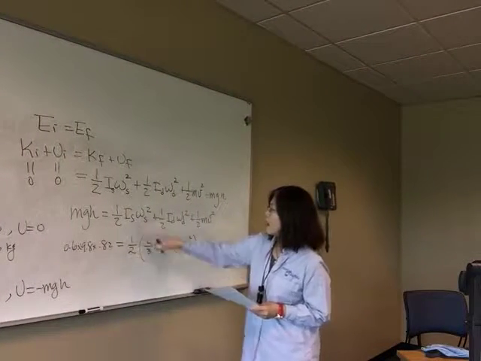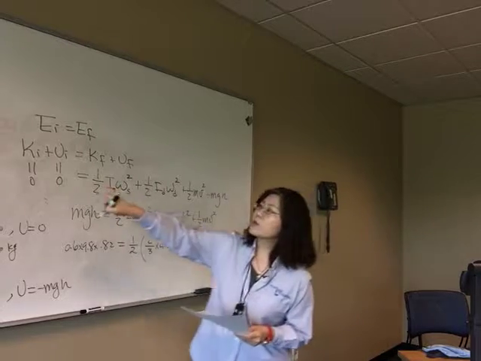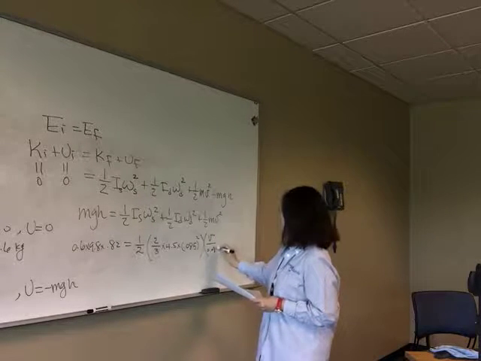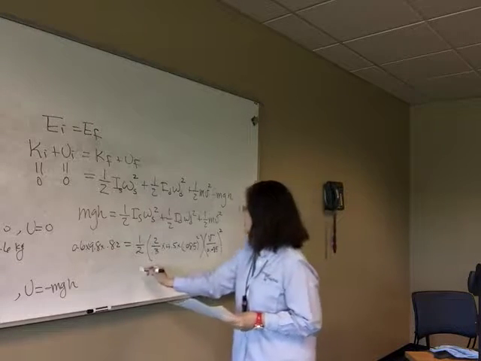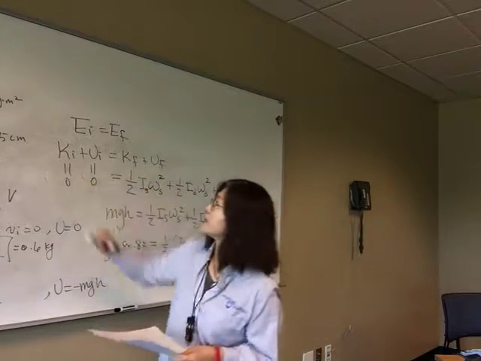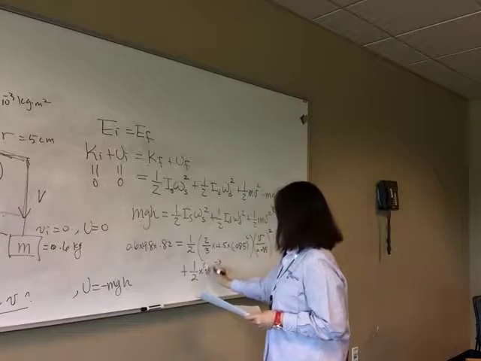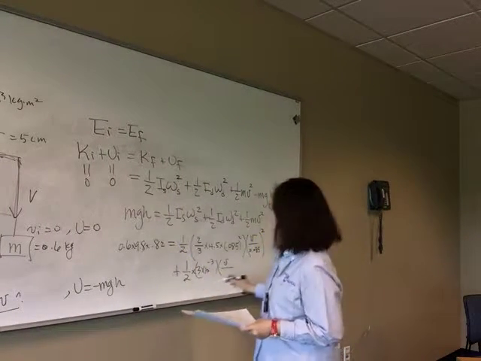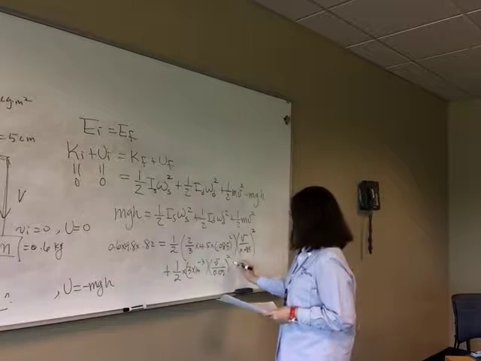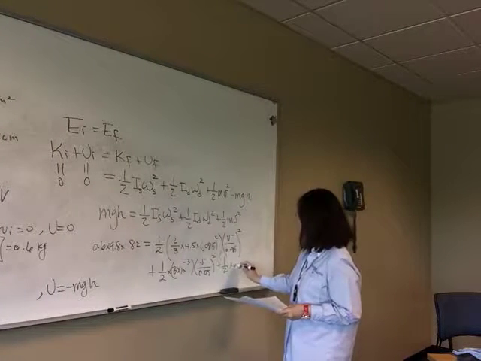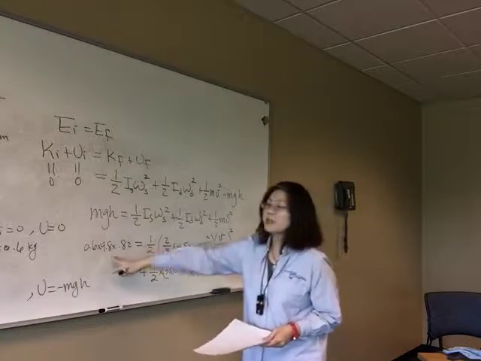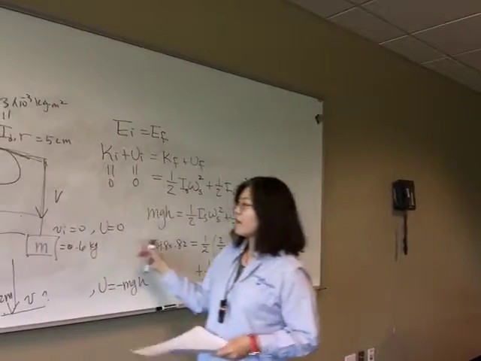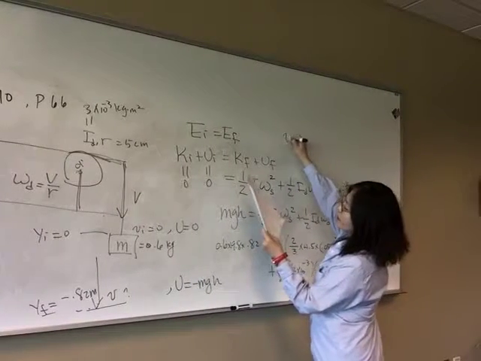So this is 1/2, and your omega s is equal to v over r. So velocity over the radius, 0.085. So you square it. And then plus 1/2 your I_d, which is given, and your omega d is v over your little r, which is 0.05. So this thing squared. And then plus 1/2 the mass of the object, which is 0.6, times v squared. So you can see that this is a number multiplied by v squared here, v squared there, and v squared there, so you can calculate your v. After you plug in all these numbers, you should get your v value. That's equal to